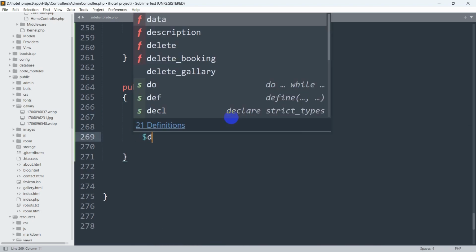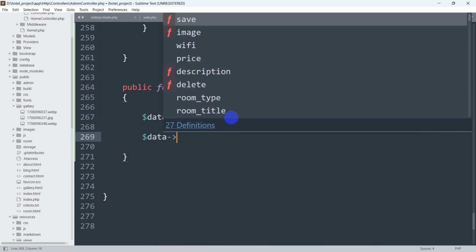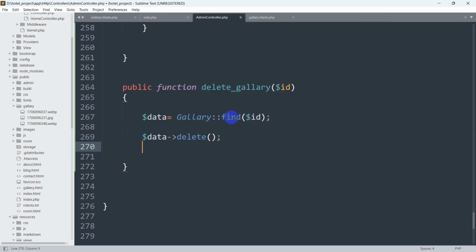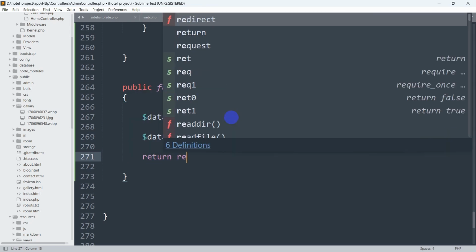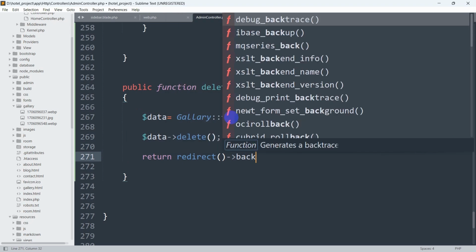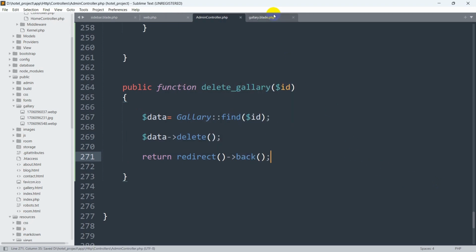After it, we'll just say here $data, this arrow sign, delete. And after deleting the data, we'll keep the user on the same page. So we'll say here return redirect, this arrow sign, back. Okay, so let's save it here,